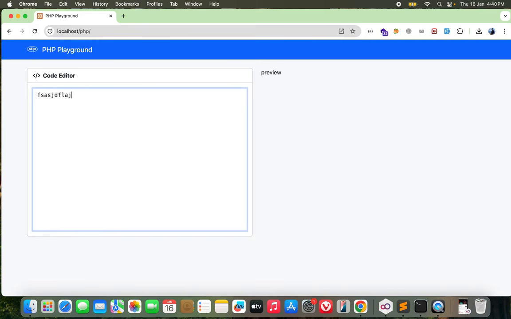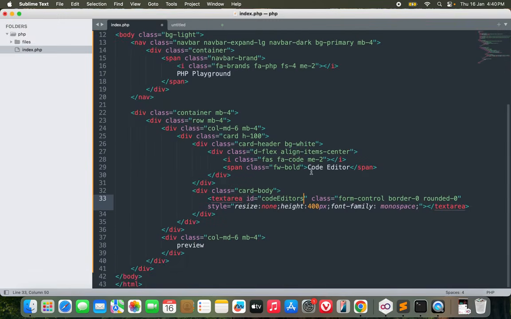Let's see. Yeah, this is good. I can write code here. Fine, I won't write this. I will write something like this, but it won't work now. And for the preview one,